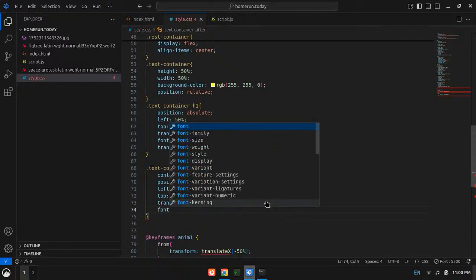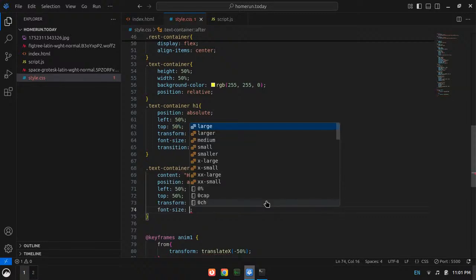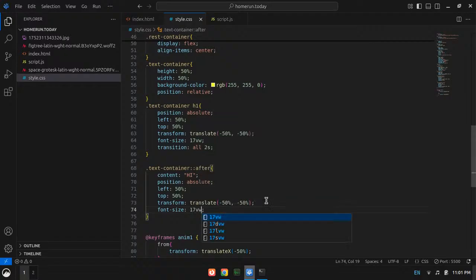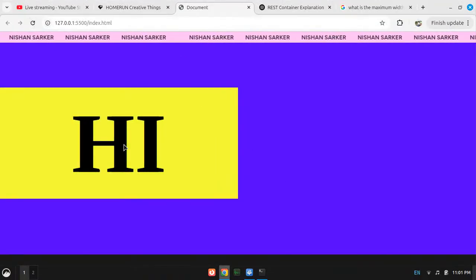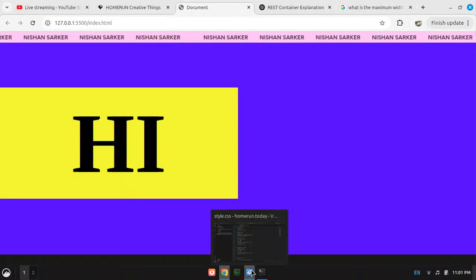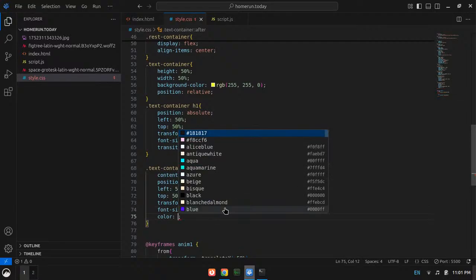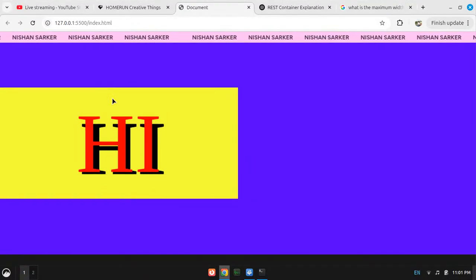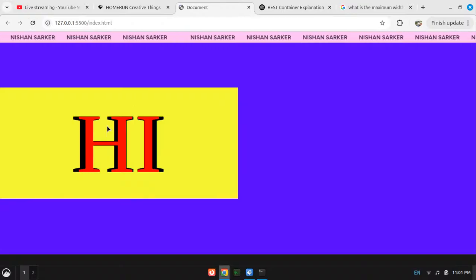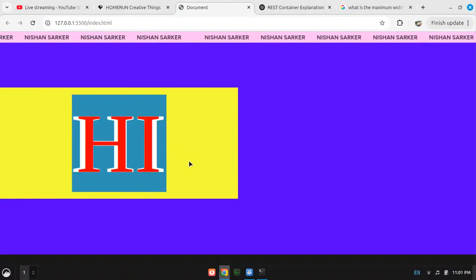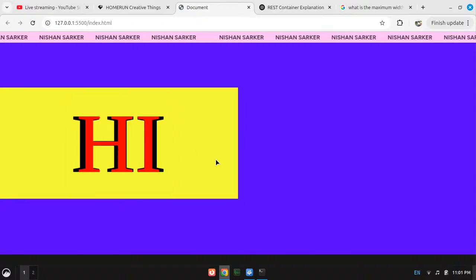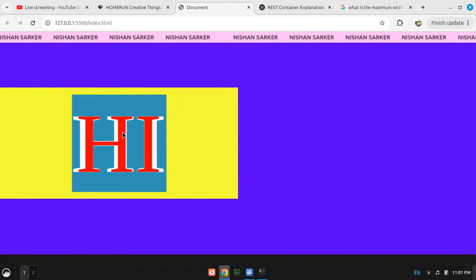I was stuck on a situation, and I am currently figuring out how to get away from this. Font size I need to reach 17 W, I guess. Yep. And now they match, I guess. Okay, so now I will add the color red to it so that we can see it better. Here it is, but oh no, it doesn't actually fit quite well. So then how can I fix it? I am not sure how this thing works.